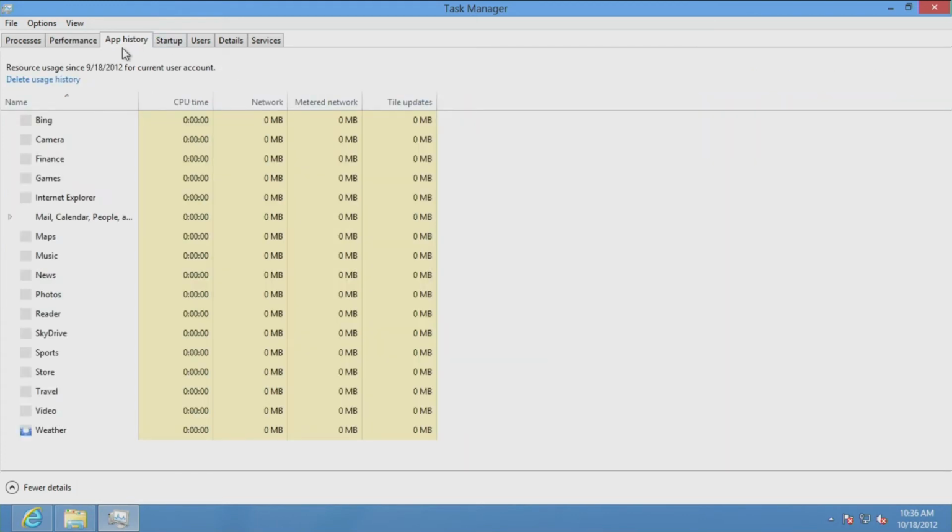There's another cool thing called app history. Now, you talked about this a little bit when you talked about the fact that applications shift into a lower power mode. Think of it the way you think of a phone. You don't close an app on the phone, but after a point in time, it will shut itself down. And Windows 8 apps are built very smartly where they'll sit in the background for a period of time, and then if they haven't been used, they'll go ahead and shut down and release that battery, release those cycles,